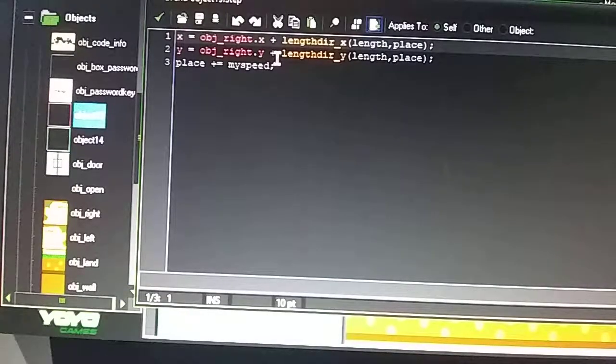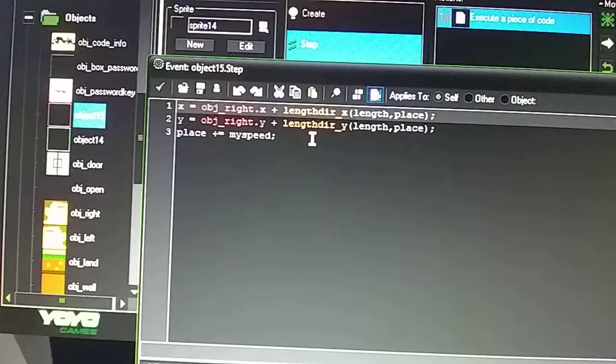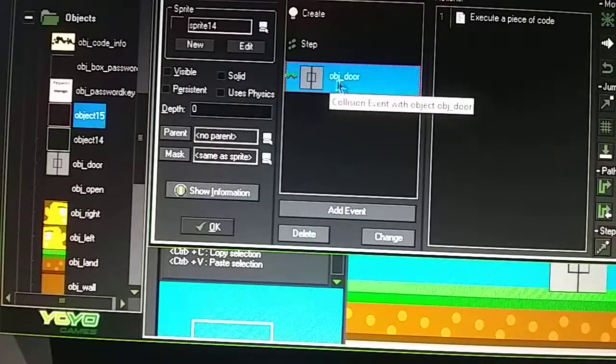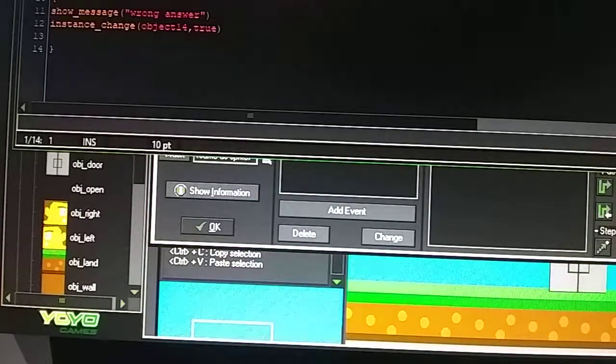If he's moving left, it's going to follow him left because it's parented. I've talked about this before in other videos, like if you have a force field, it's going to move along with the character. That's what's happening here. And then if the red outline is colliding with the door, then it's going to do this: